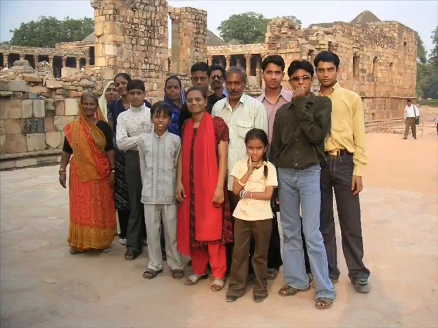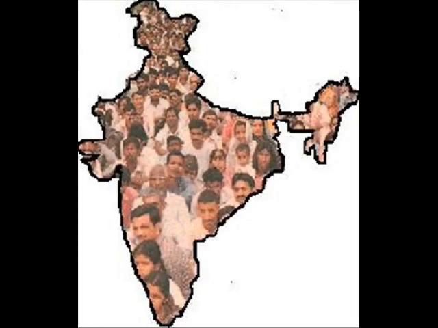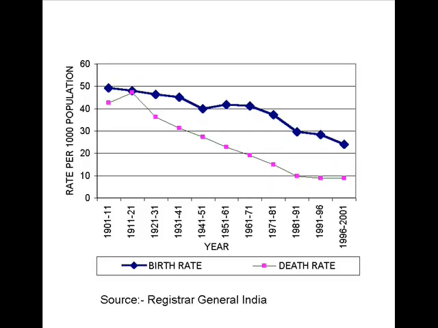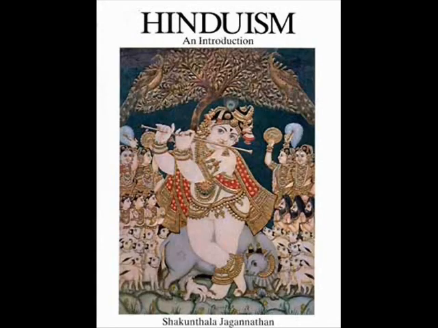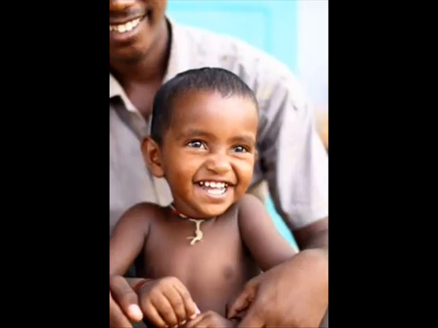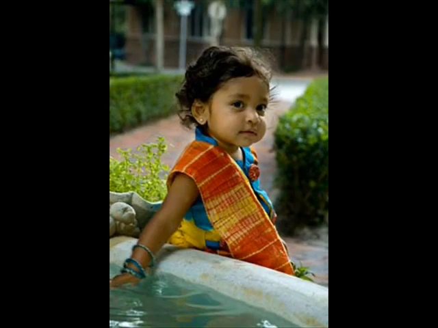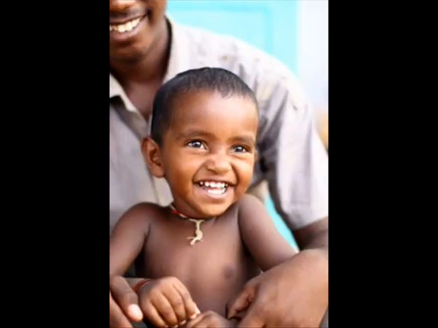There are some factors that led India to being an overpopulated country. First of all, the birth rates in India are very high because Indians believe that kids are a gift from God. Most Indians believe in Hinduism. In Hinduism, having a boy shows continuity. So if they don't have a boy, they keep having kids till they have one.